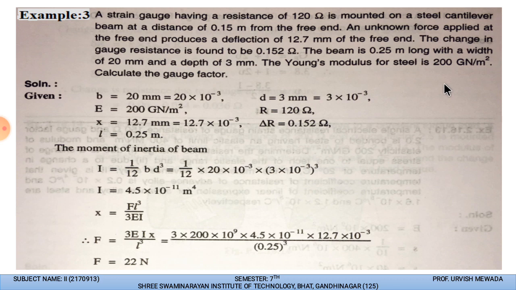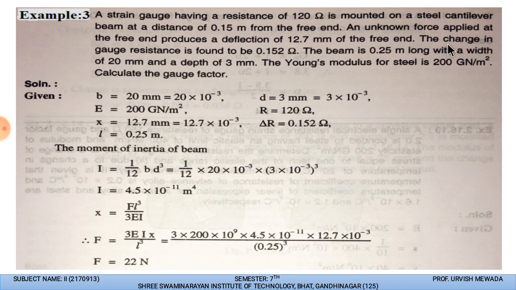So suppose this is the pole, sorry, this is the gauge which is connected on this pole. So this is called the free end. The free end produces a deflection of 12.7 mm. So the change from the original position is 12.7 mm, so that is x is equal to 12.7 mm